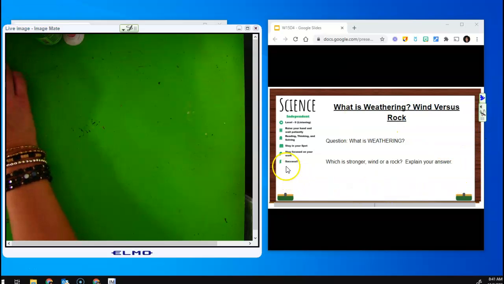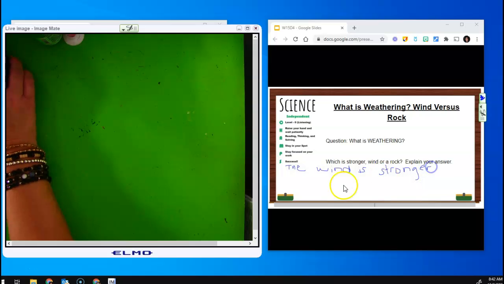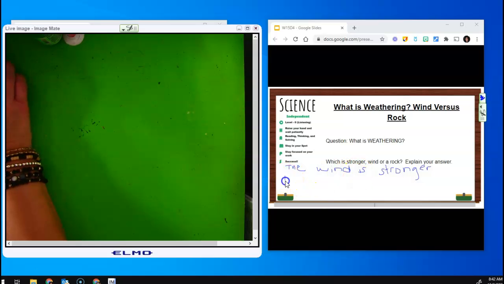Why is the wind stronger? Khadijah. Wind is stronger because it can actually carry around the rocks, I guess. It carries around sand and sediment. It doesn't really carry rocks. And we'll talk about the difference here in a minute. So the wind is stronger because